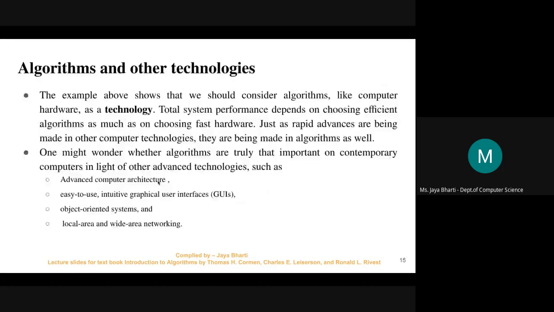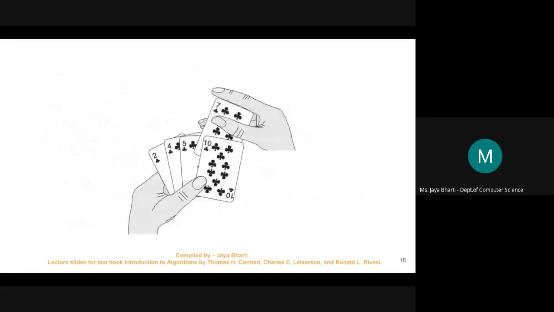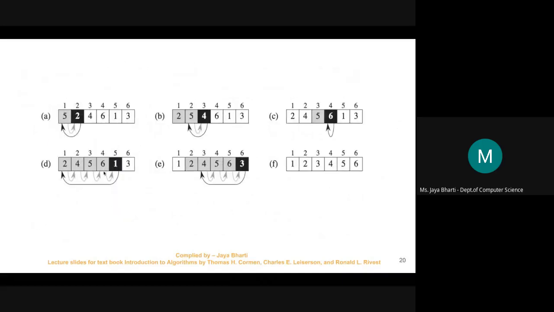So when we compare, we are comparing 6 and 1. So 1 is less than 6, so it will move there. Now we will again compare 1 and 5. So 1 is less than 5, it will move there. We will again compare 1 and 4. 4 is again greater than 1, so we will move 1 there. Now again we will compare 1 and 2.